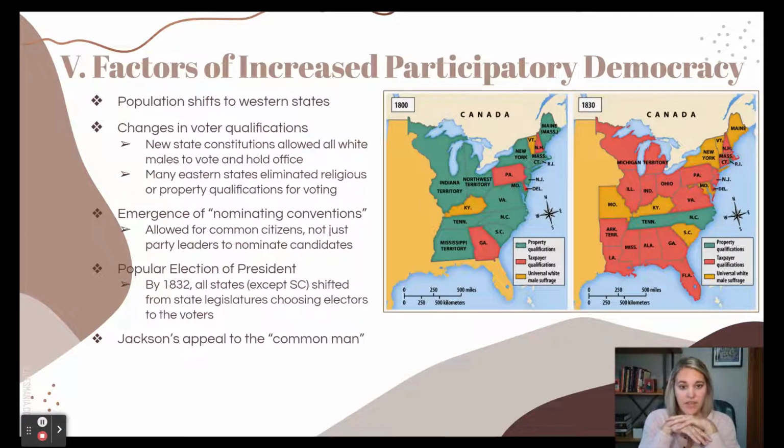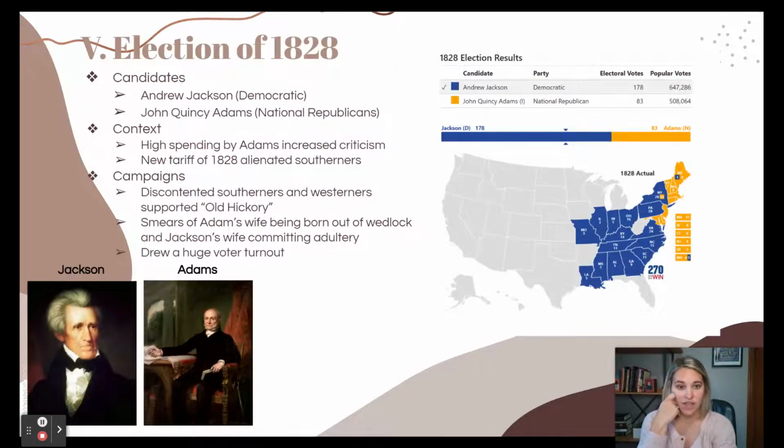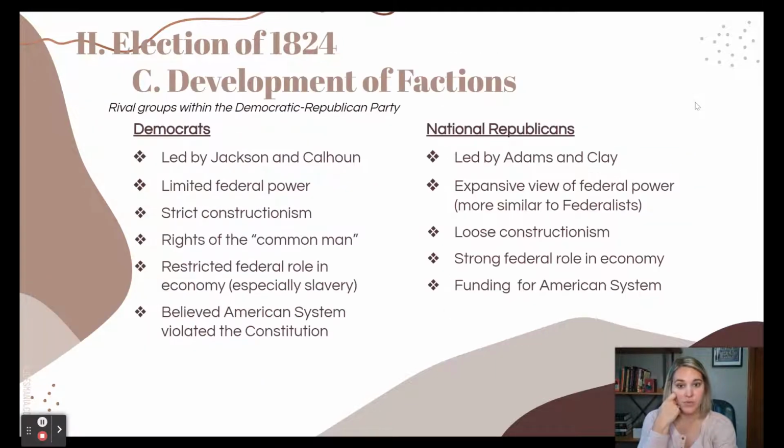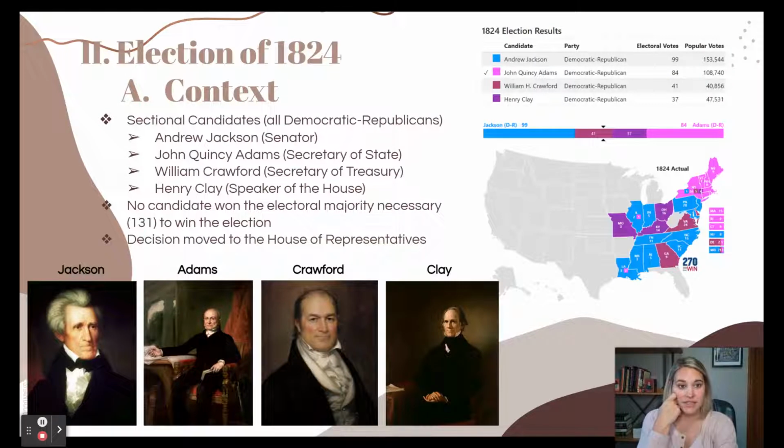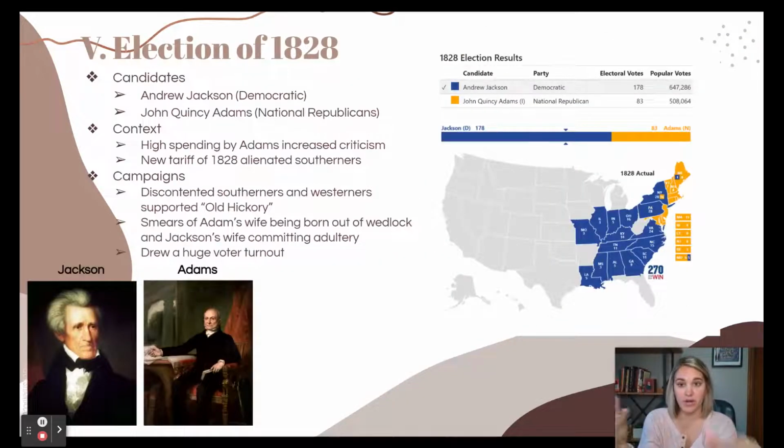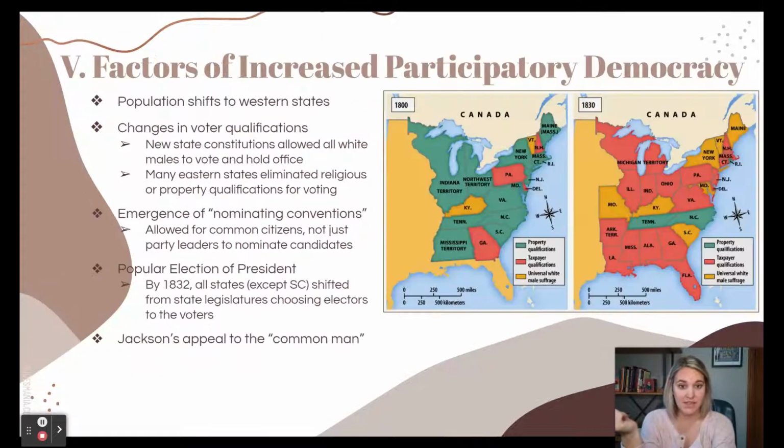So what are the reasons? If we look, these maps are from 1800 to 1830, but even if we just consider the elections of 1828, we have over 1.1 million people voting in 1828. And in 1824, it looks like it's somewhere around the 350,000 mark. So we see at least a tripling of voters between 1824 and 1828. And what is one of the reasons for that? Well, a major reason is going to be because of our Western states coming in and now being voters by 1830, our huge population movement out there.